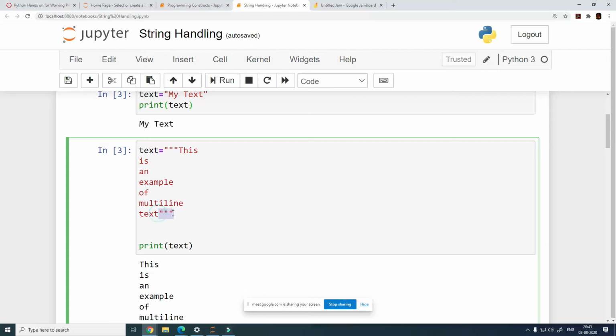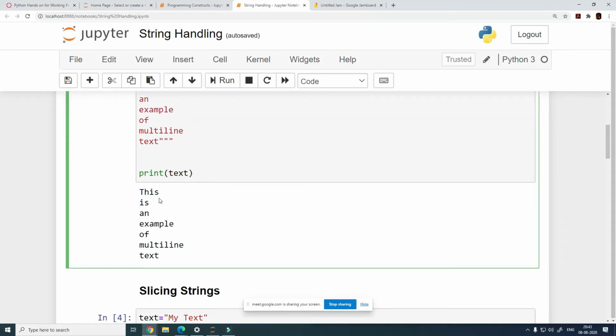Exactly, this is what I want to bring out: the way you comment out lines of code, the same way you can specify a multi-line text as well. So this is an example of multi-line text. That's the text itself, and when you print it, it prints the same set of lines in multiple lines. This is how it is actually working.